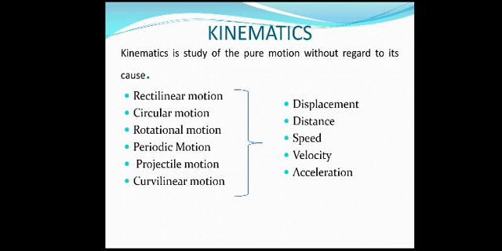So, for any type of motion, we are going to consider five criteria: distance, displacement, speed, velocity, and acceleration. If I consider a motion, a movement, then the distance travelled, the displacement, the speed of motion, the velocity of the motion, these are the criteria used for analysis in your kinematics.